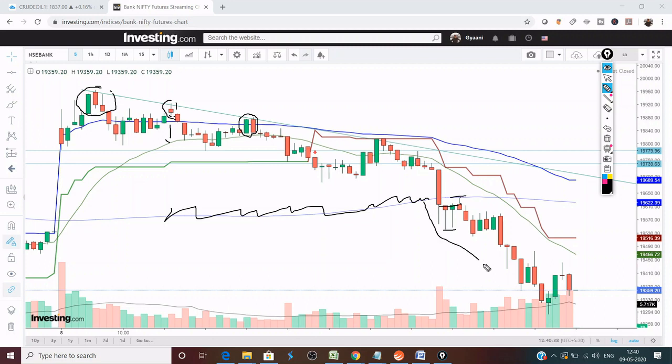If it is way away from the 200 also, then I would definitely suggest that you go for this entry here again. Now this can go up till here as first target. You can trail your stop loss. If it breaks this, the next target will be here. So this is how the price moves. It is very simple. We need to identify how the price moves, and we need not complicate it so much. Mostly it is always going away from the 20 period moving average and coming back to the 20 period moving average.